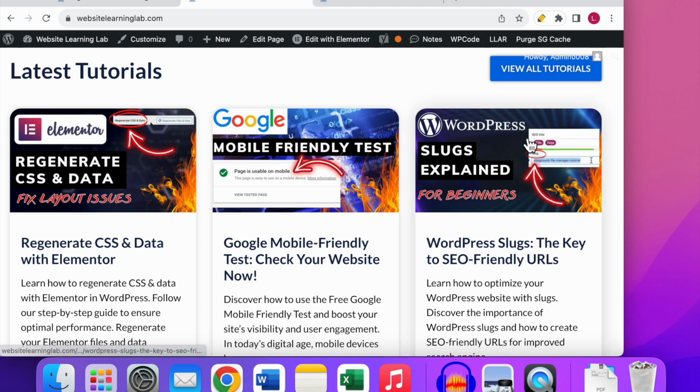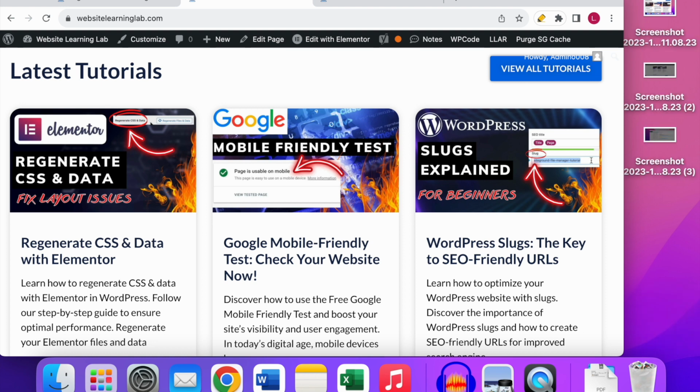So first thing you have to do to make a screenshot of your entire screen is click on the Shift, Command and the 3 key all together. So let me do that. Shift, Command, 3, and now you will hear the sound and you will see this image pop up. If you slide it to the right, now you can see that those 3 images will be added on your